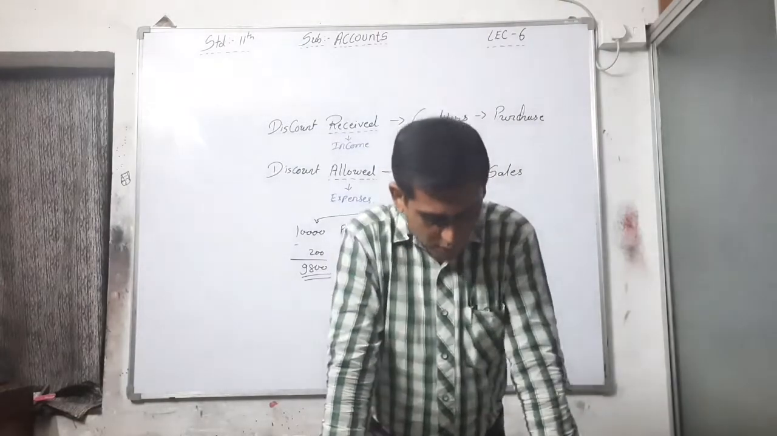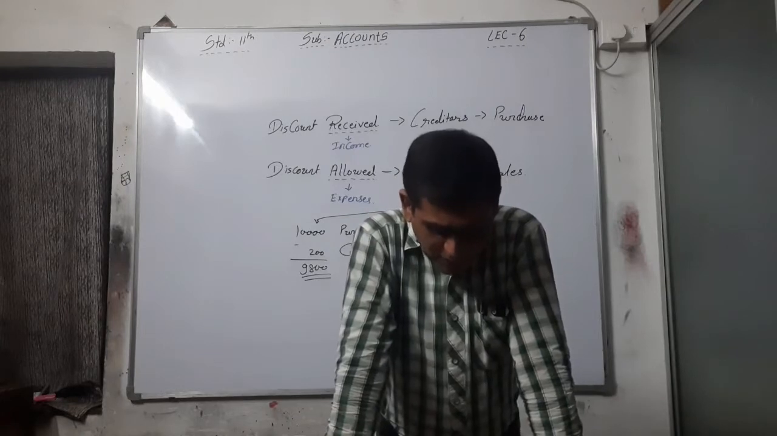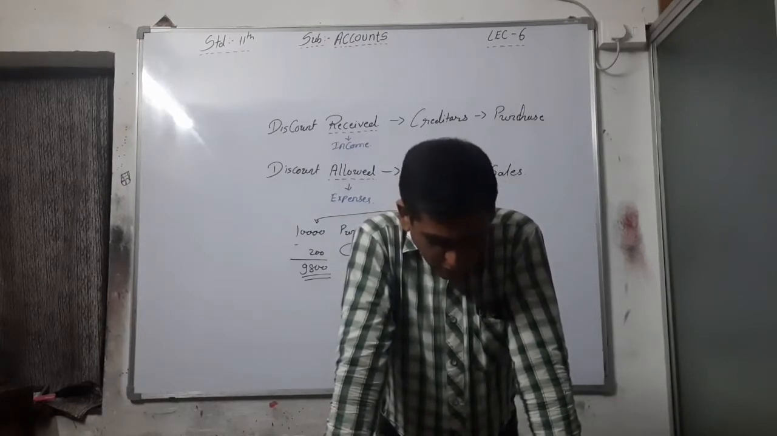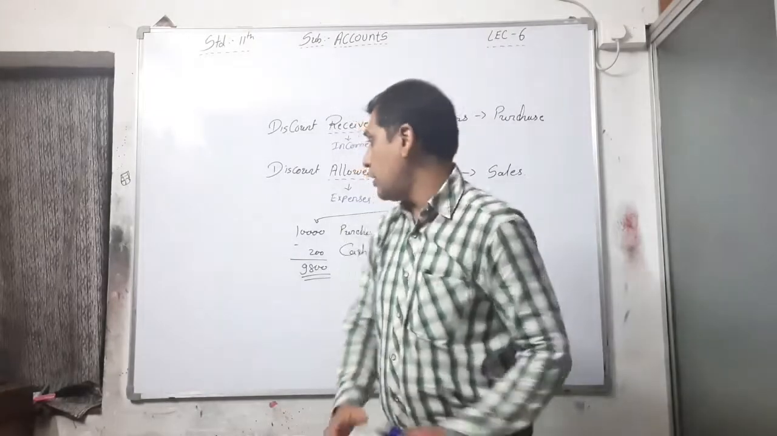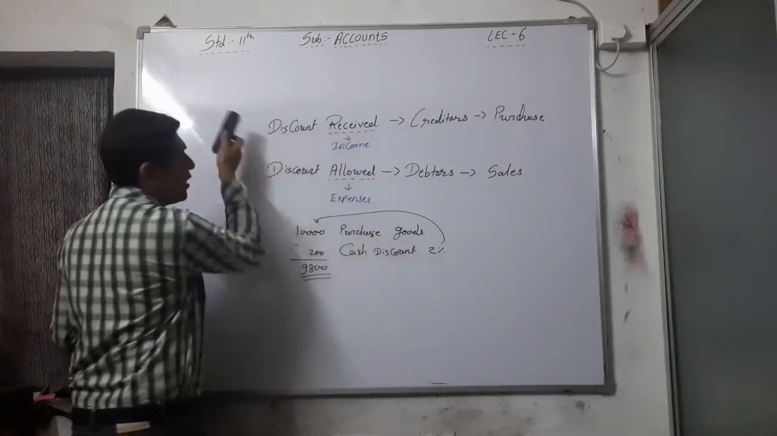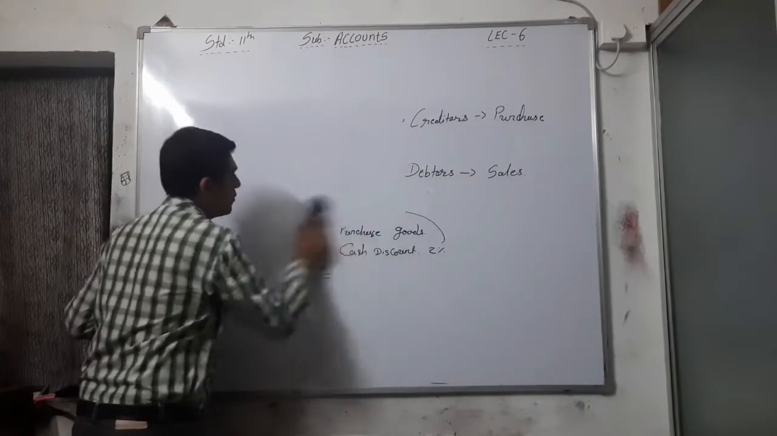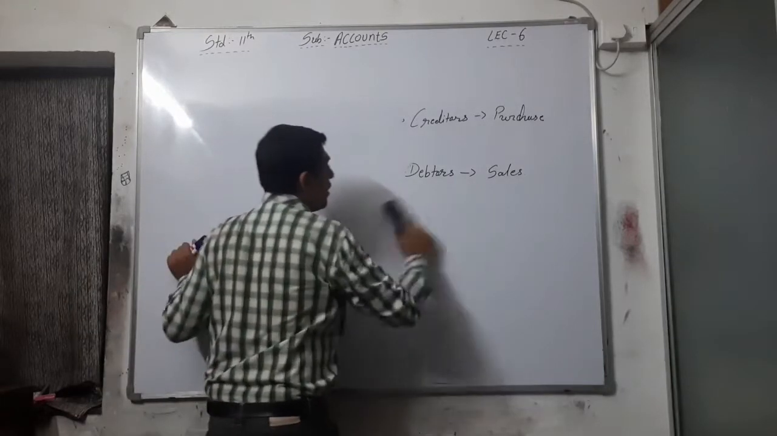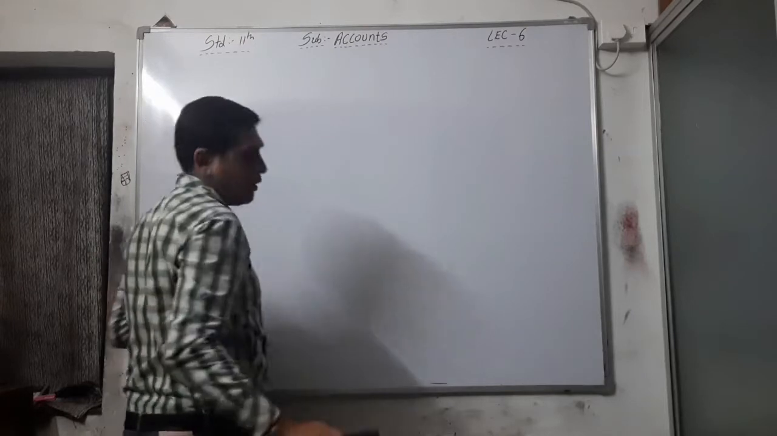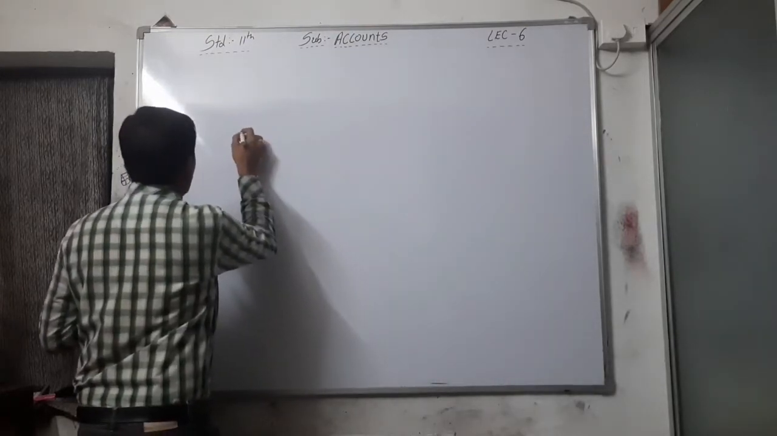Now see the main definition. When goods are sold on credit by the business person, the person to whom goods are sold is a debtor of the business, right? See the process here. Write down these in your fair book. Whatever is written on the board, you have to write in your example book. See here, the process is